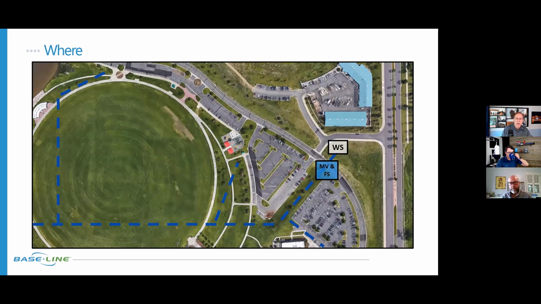So on traditional systems, and what we're always used to, especially people like me that have been in the industry for a while, we're used to our master valve and flow sensor being back at the beginning of the system. Well, control points don't have to go there, right? They can go anywhere on the main line. So they can go in multiple locations, and a single base station 3200 can handle 8 different control points. So that would be 8 pressure sensors, pressure transducers, 8 master valves, 8 flow sensors that could be spread around